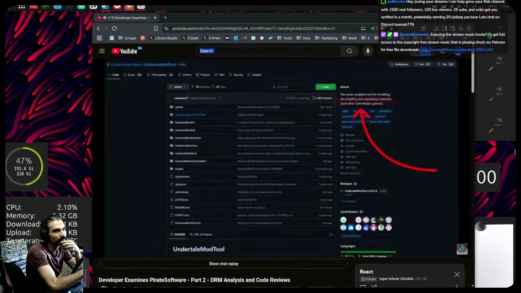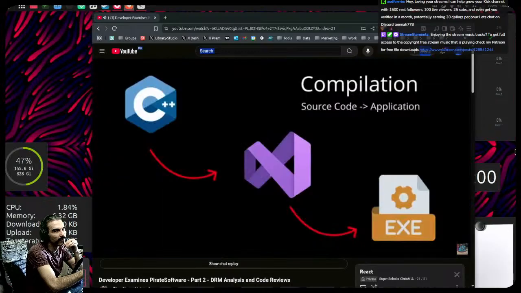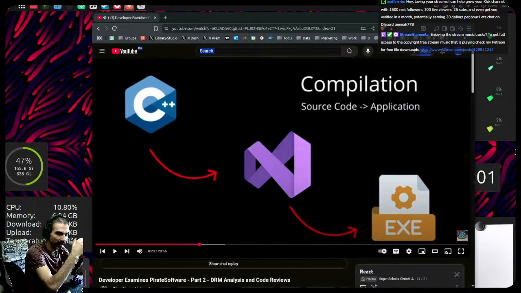You might remember me using the term compilation earlier in the video, so let me explain these two terms a bit more clearly now. When you have, for example, our C++ source code and you're trying to turn it into an executable the computer can run, this is called compilation. The process has a kind of midpoint.